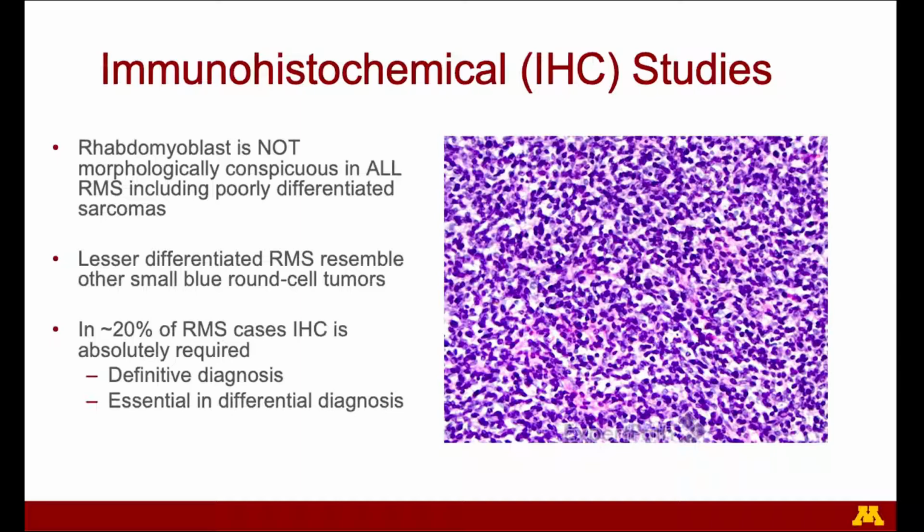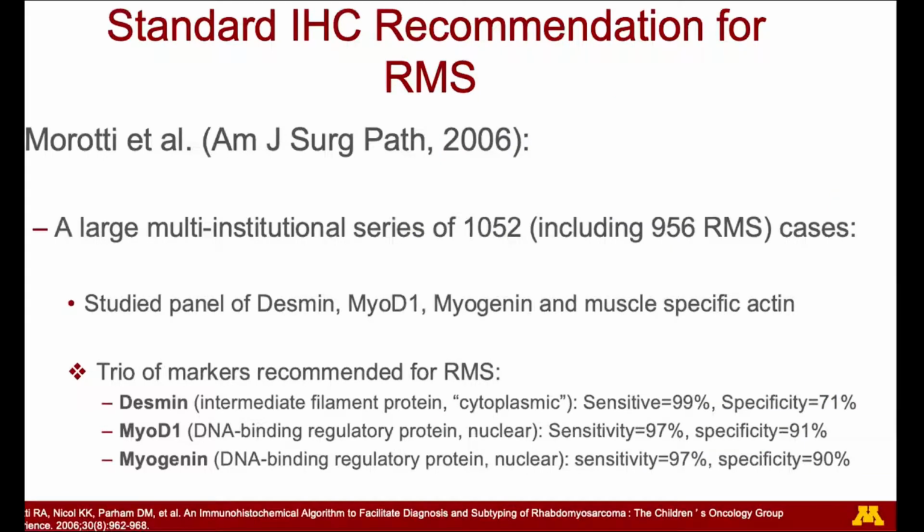Of course, in practice, we use immunostains much more frequently in rhabdomyosarcomas, and I would say in most of soft tissue tumors diagnosis. There is a long story of how and what immunostains have been developed since 40 to 50 years ago for rhabdomyoblast differentiation. However, for the sake of time,